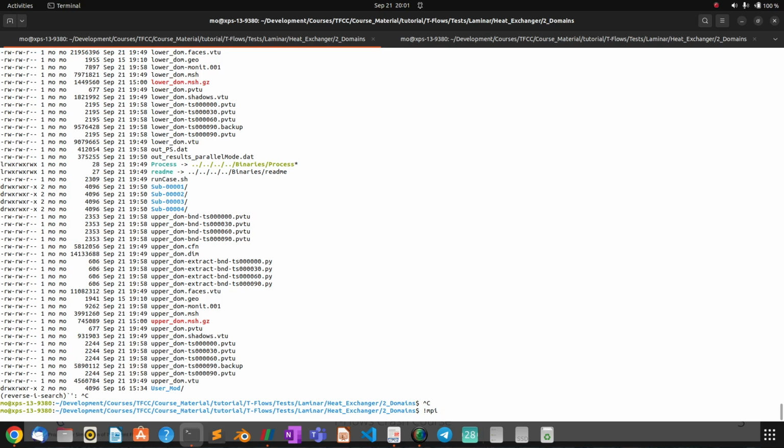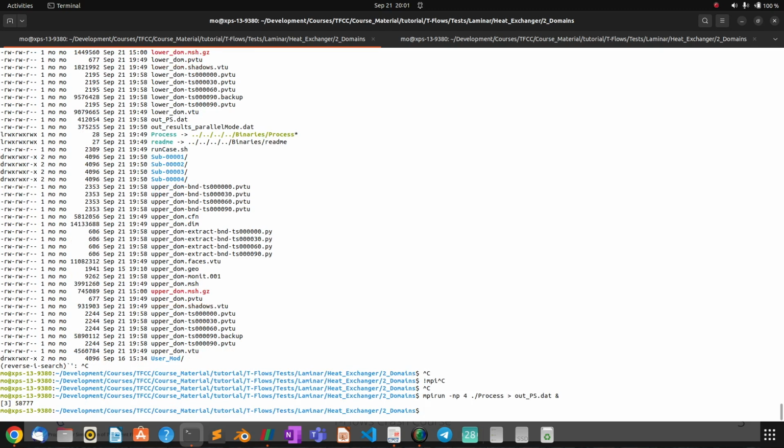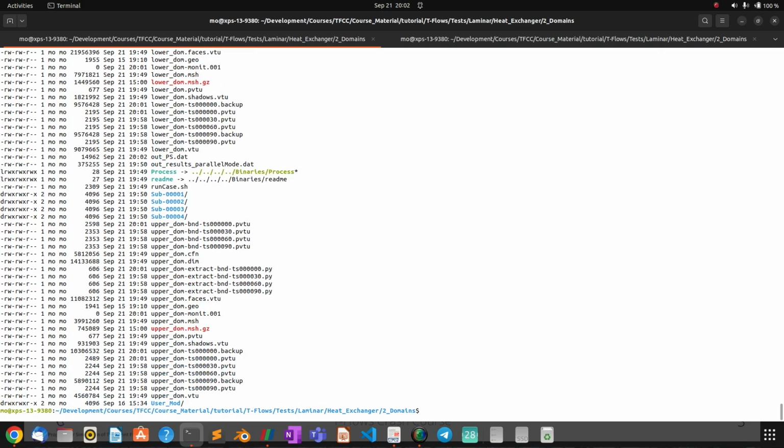Just text replacement takes the previous one. Or if it was not the previous command and you want to look for it, you can type Control R, and then it searches your history for what you're looking for. So if I start typing MPI, it shows me that you had MPI run as a suggestion, and then you can click enter. So now a new simulation is running in the background,